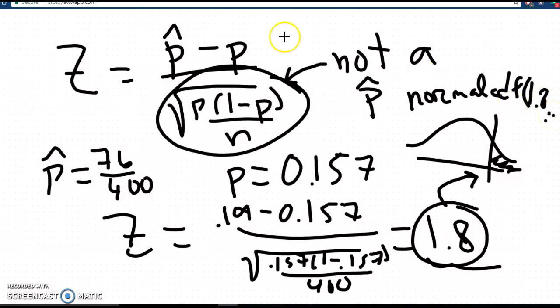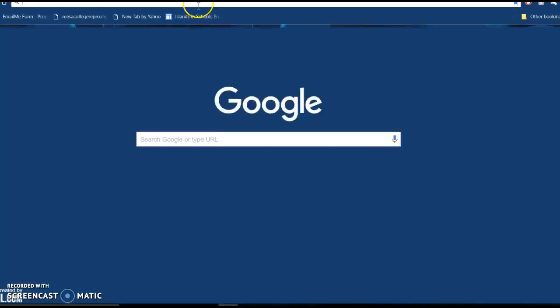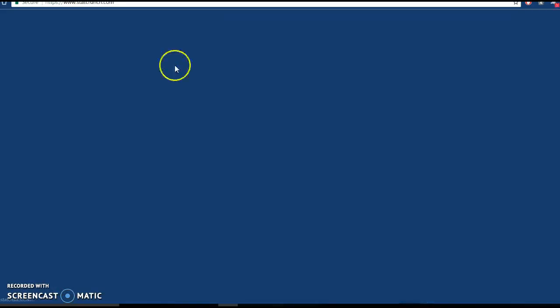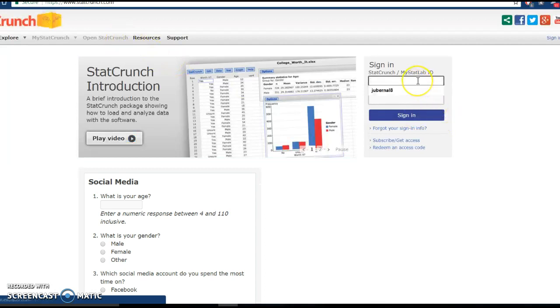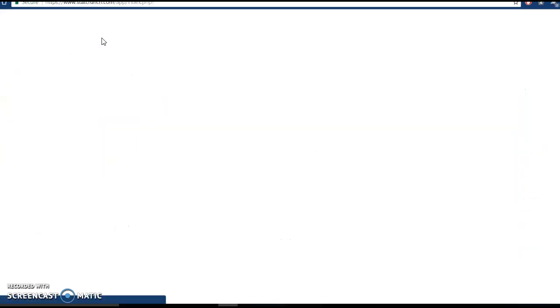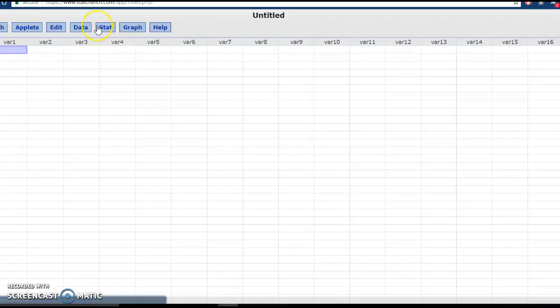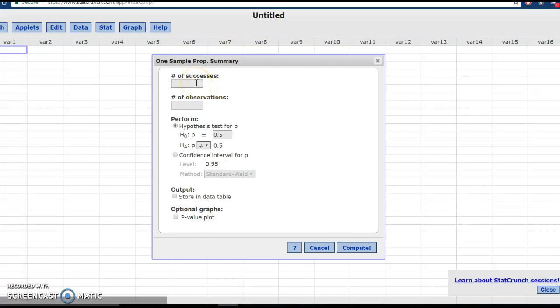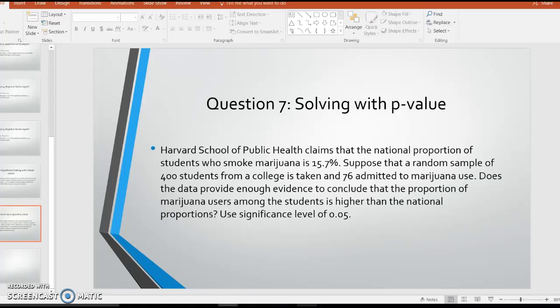Okay, so right before I leave you guys, I'm going to show you one more thing. We were using StatCrunch earlier, so let me go ahead if this loads. I want to show you guys how to use the hypothesis test on StatCrunch. So I'm going to open a StatCrunch data. Then I'm going to click on Stat, and then go to proportion stats, one sample with summary. So the number of successes that we had from the previous question, I think that was 76 out of the 400, right? So we're going